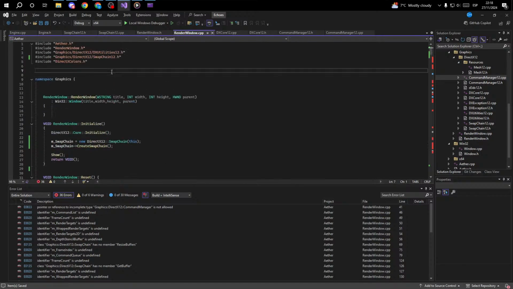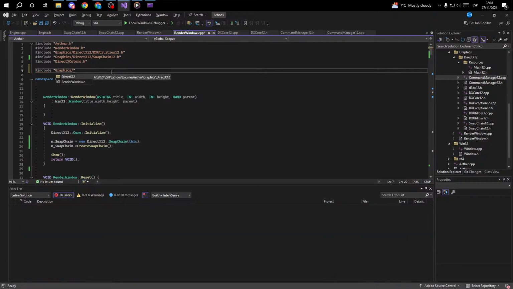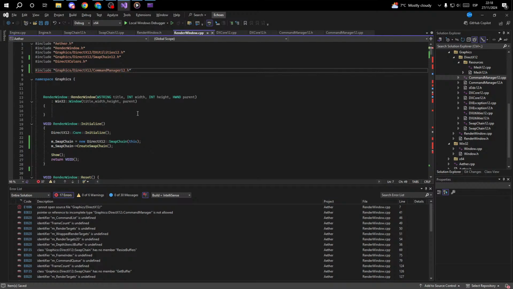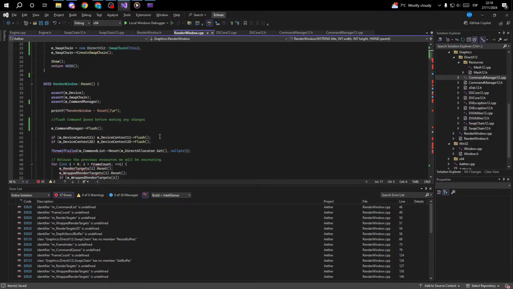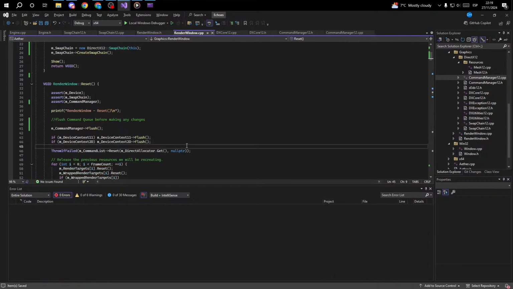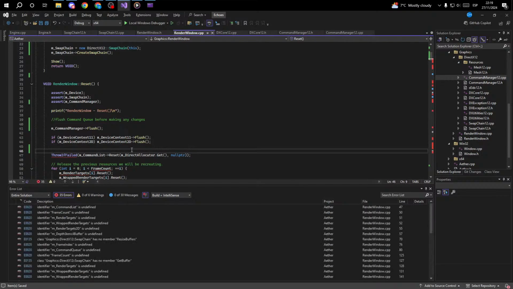Incomplete type. Include graphics, DirectX 12, command manager. Flush. Perfect. Okay, so I think what we can do is every time